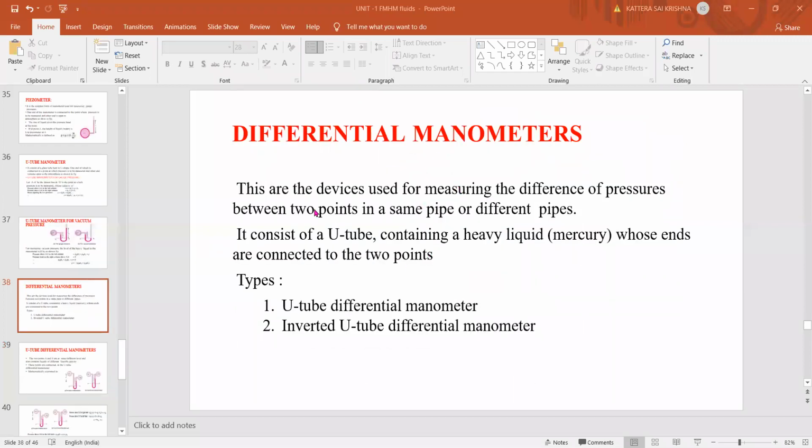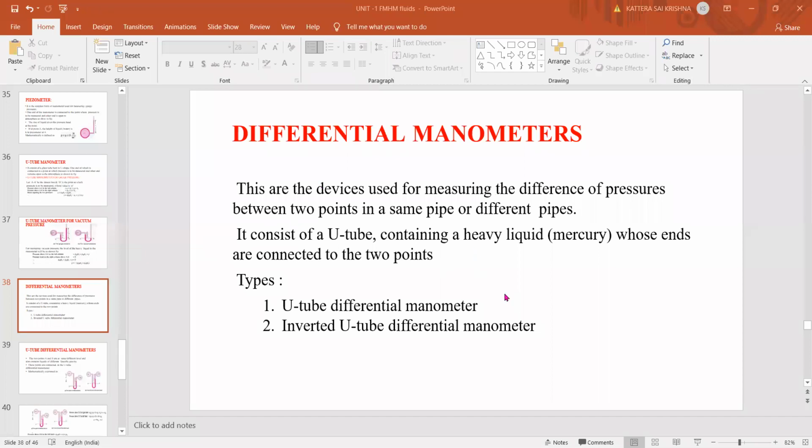Right. So today we are going for the differential manometer. What we have seen in the FMHM lab, the U-tube differential manometer, is the thing which you are going to see with problems. There we calculated only the H1 and H2 values, and now we are going to find the unknown pressures in the pipes or in the flows where we don't know the pressure. We are going to find them by using this differential manometer, to find the pressure difference.